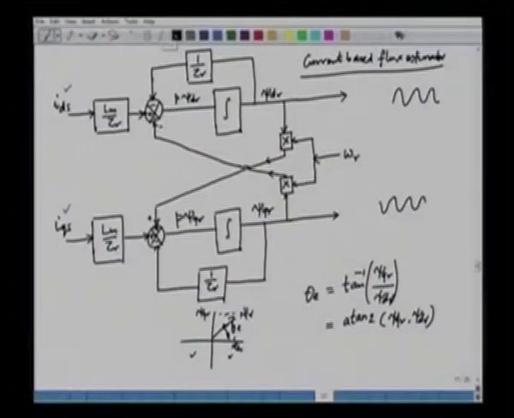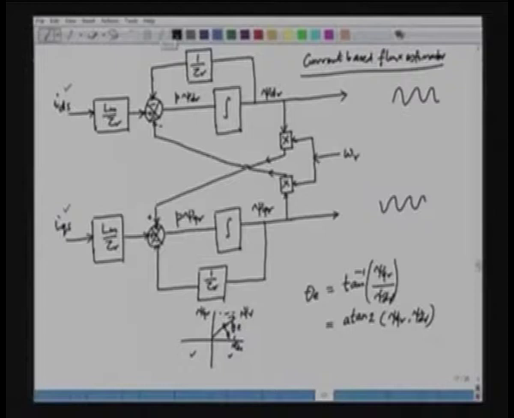Since we do not have to integrate the voltage, this estimator works well also at low speed condition. The integration does not depend upon the voltage. So, even at 0 speed, this estimator is going to give us correct result. Okay. So, in many situations we prefer current based estimation to voltage based estimation for this region, so that we avoid the integration of the voltage, which becomes very low at low speed condition. So, we will discuss